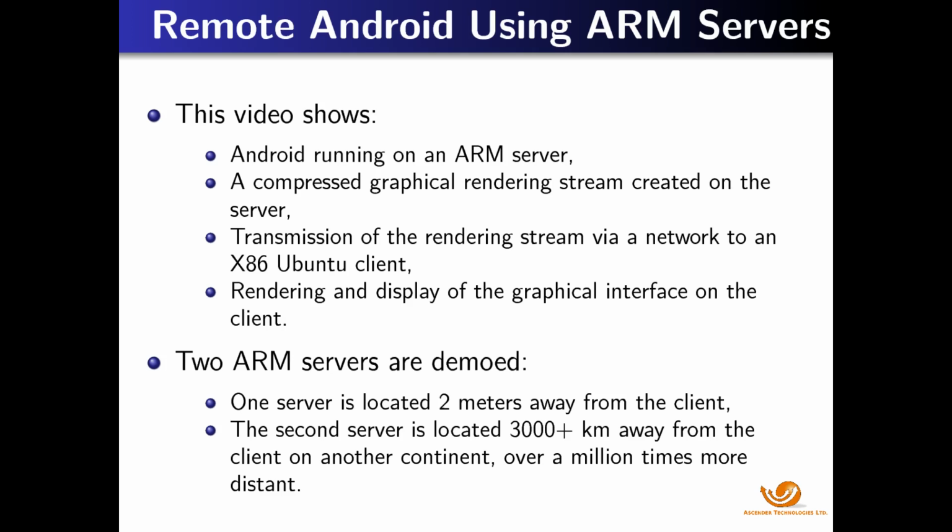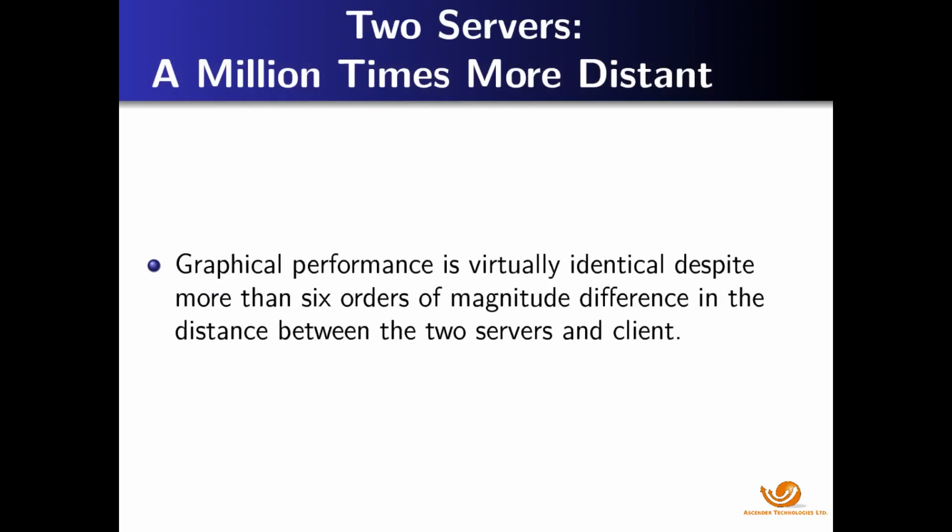We will demo two ARM servers. One server is located 2 meters away from the client, and the second server is located more than 3,000 kilometers away from the client in Amsterdam, over 1 million times more distance. We will see that graphical performance is virtually identical despite more than 6 orders of magnitude difference in the distance